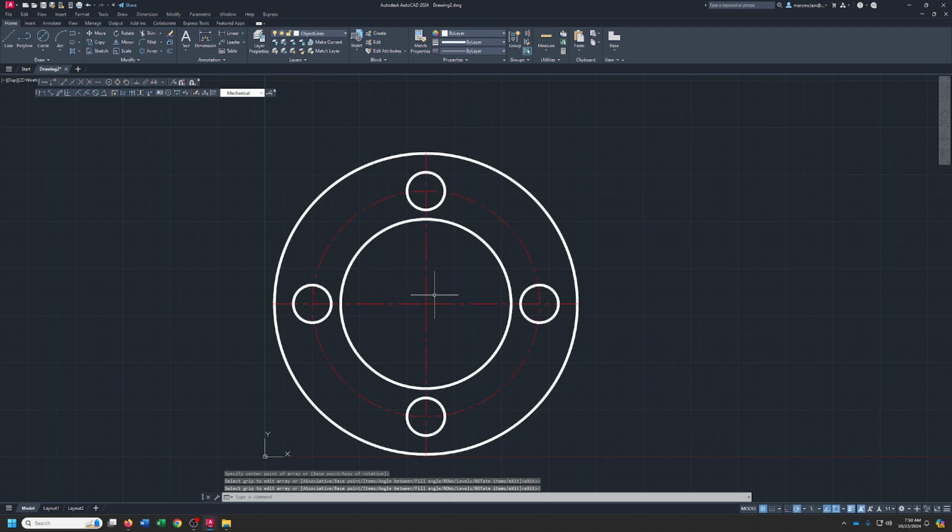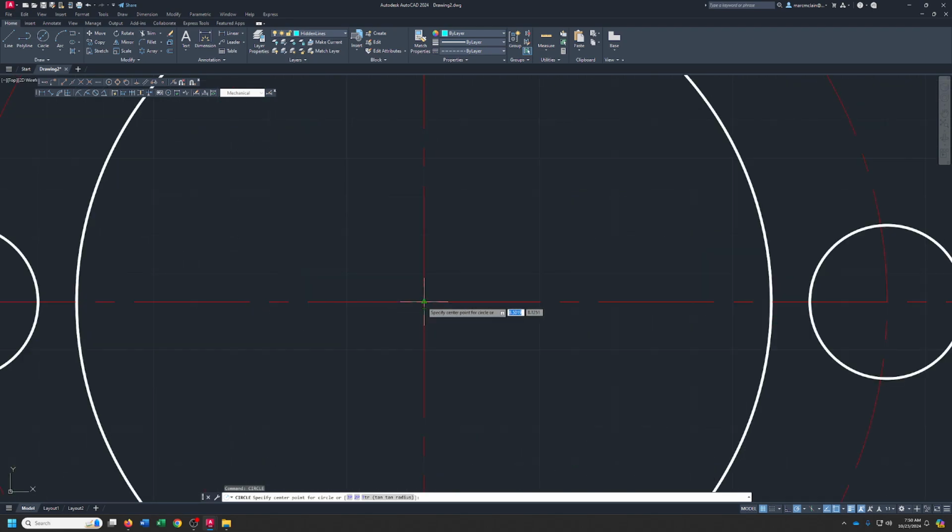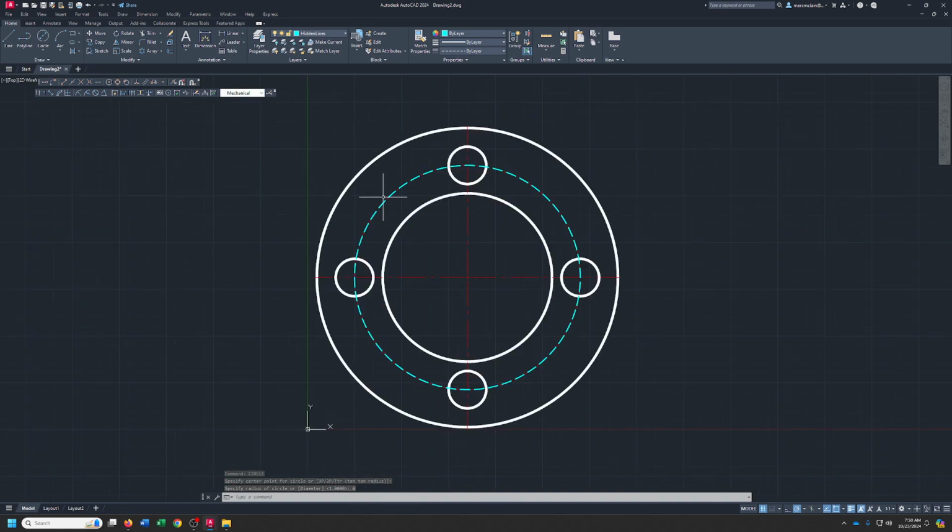Now all we got now is these 2 holes in the middle. There's one that's 4 and one that is 6. 6 is going to be a hidden line. See if I can get that in the middle. There we go. Alright, so what I'm going to do,